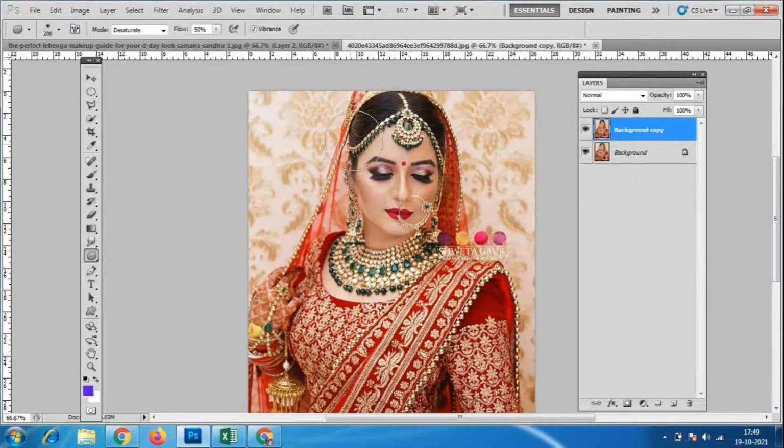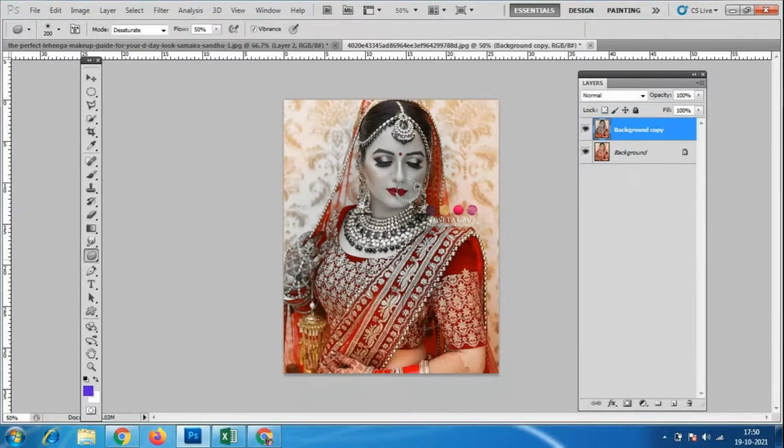Now the image is totally colorful. If I use this sponge tool, what happens? It becomes completely dull, black and white. Any image you want to change from color to black and white, or grayscale, you can do this. It is not making the image completely black and white, because the dress and all stay the same color itself, it is colorful.